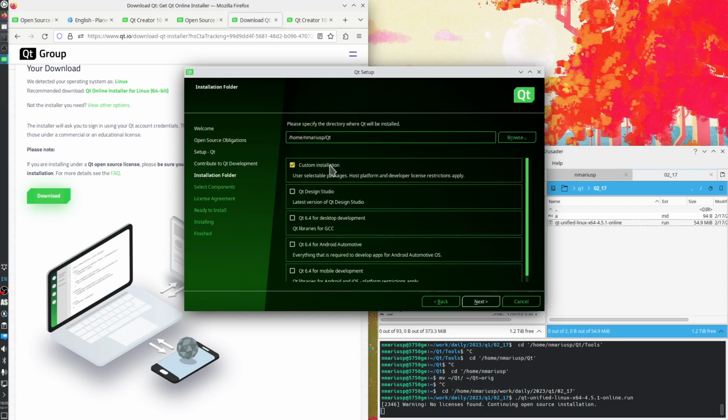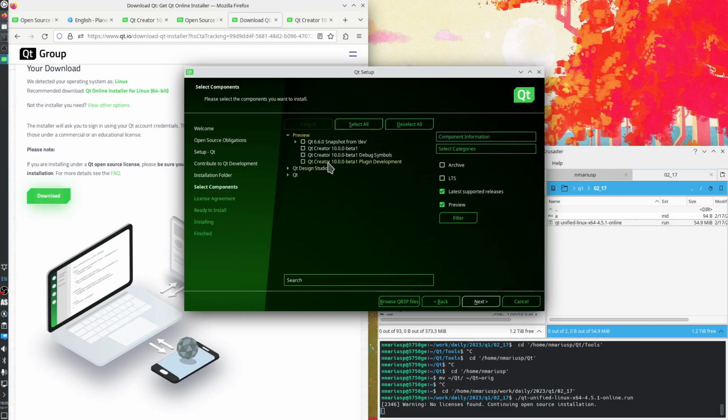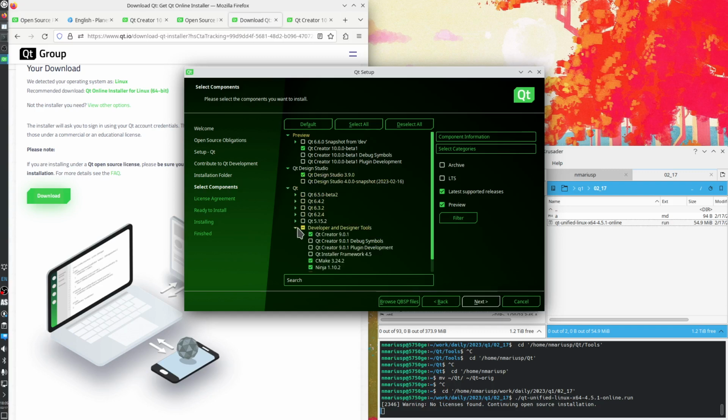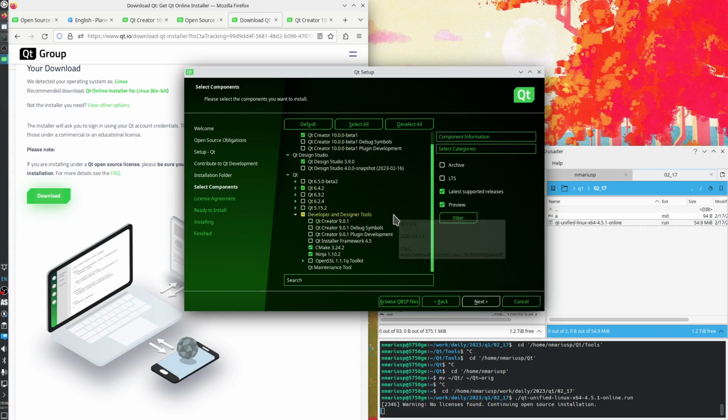Next. Custom installation. Next. In preview, I select Qt Creator 10 Beta 1. In Qt Design Studio, I unselect Qt Creator 9.0.1. And I select the newest Qt version, which is 6.4.2. So Qt Creator 10 Beta, Qt 6.4.2,